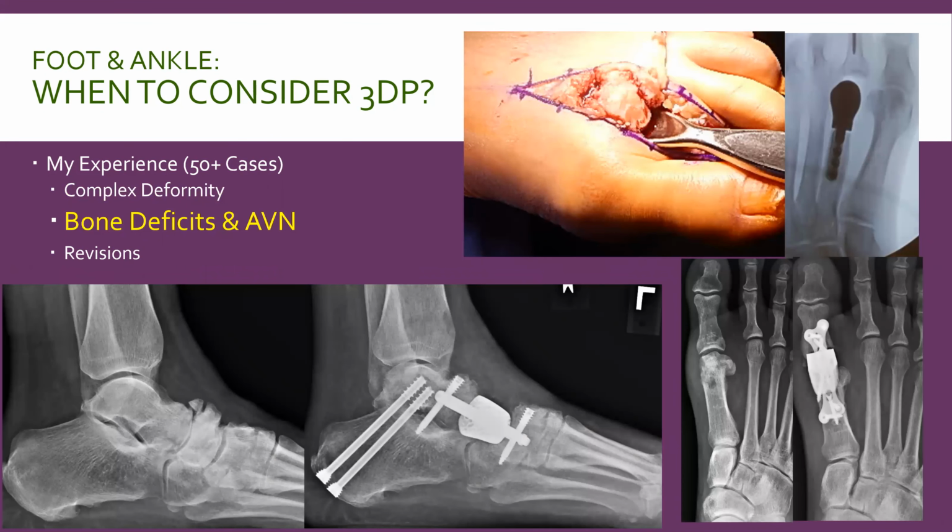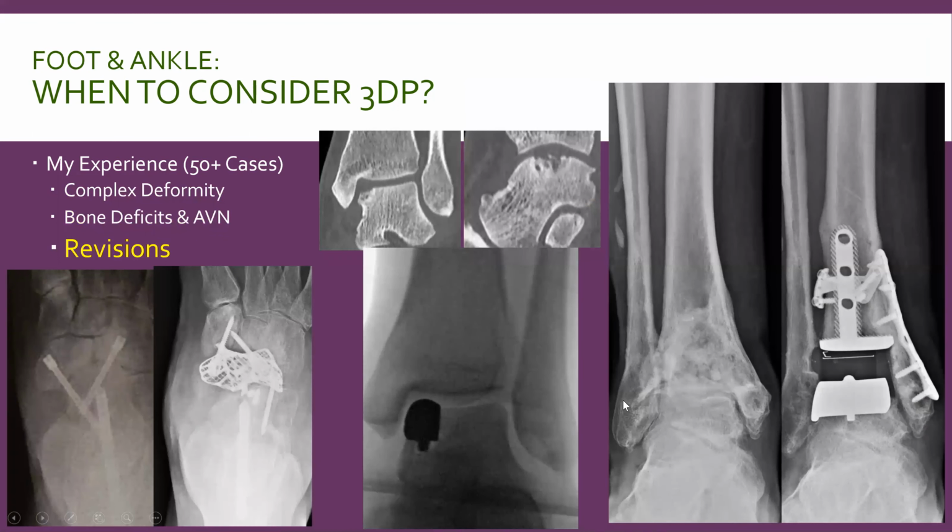But also, and I'm not going to get into this slide too much because this is the meat of our talk, is osseous deficits, particularly those involving avascular necrosis, whether it's of a second metatarsal head or of a navicular, or even AVN of a first met head after a chevron. And then in general, just revision cases,